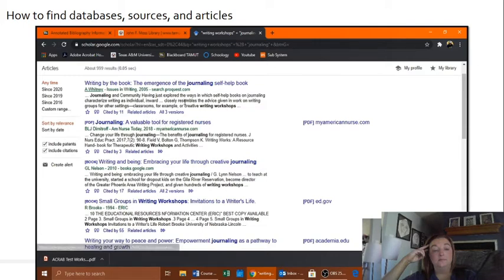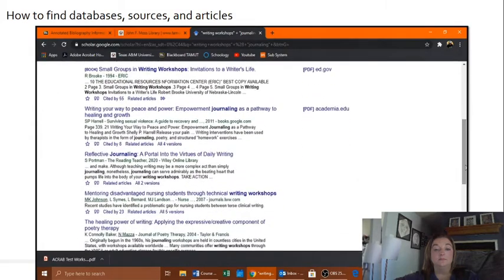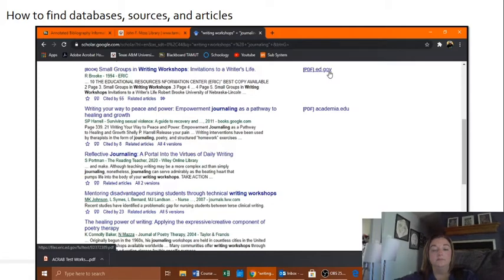And it also gives me other information. It tells me places that I can find it, other websites that I can find it. It gives me the publication information because, as we're going to talk about today as we go through, publication time does matter. And for some of them, it gives me direct access. For instance, this one that I liked down here, I don't know if I'd end up using it, but the idea of the writing workshop, right? I have an actual PDF for it, and it's a .gov site, so it's fairly reliable,